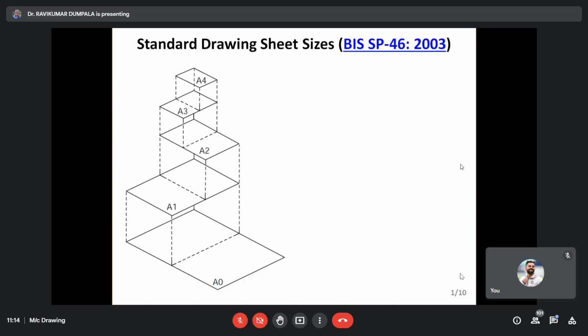They take reference from this book. They take the convention standards from this book and prepare their books so that it covers more information. That is the textbook. But actually, where they refer from is this standard. So in India, most of the drawings, unless it is an MNC, Indian companies take this SP46 as a standard to draw the drawings, especially for preparing the blueprints. Okay, just see this book.